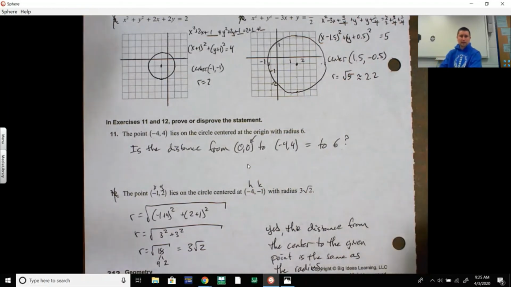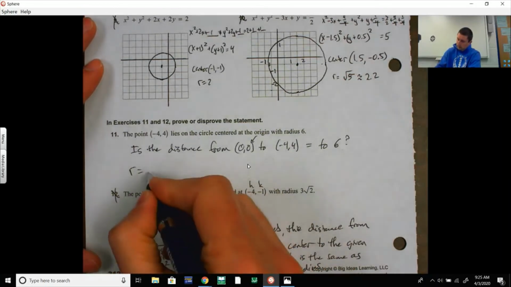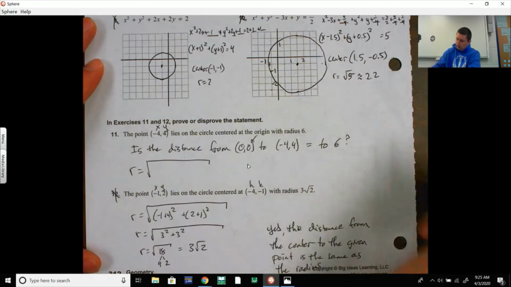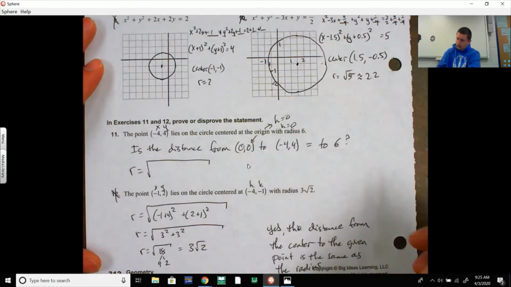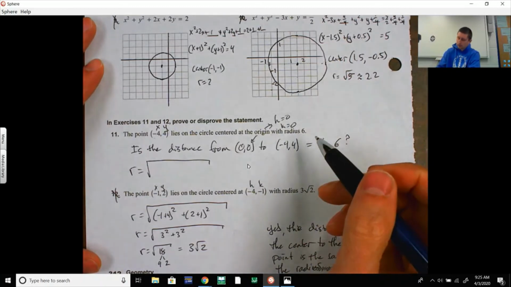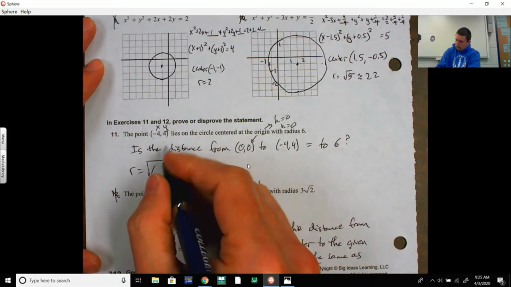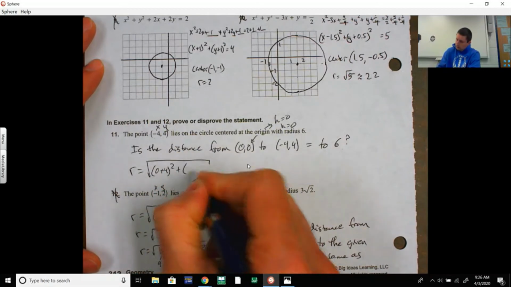So again, that's the radius. That's the distance from a point to the center to the edge. That'd be the radius. So we know the formula for a radius. They're asking at this point, x, y. The origin means h is 0 and k is 0. And we want to see if this equals 6. So radius is x minus h. So x, 0, minus a negative 4 squared, plus,